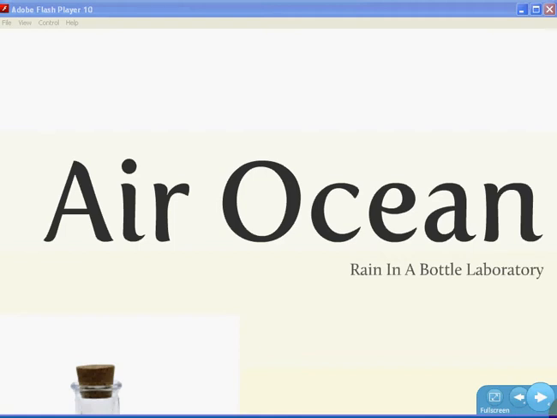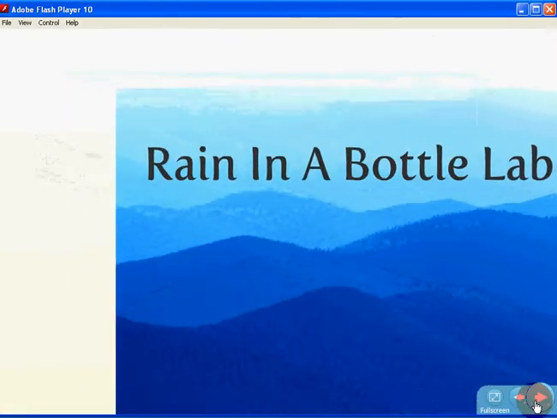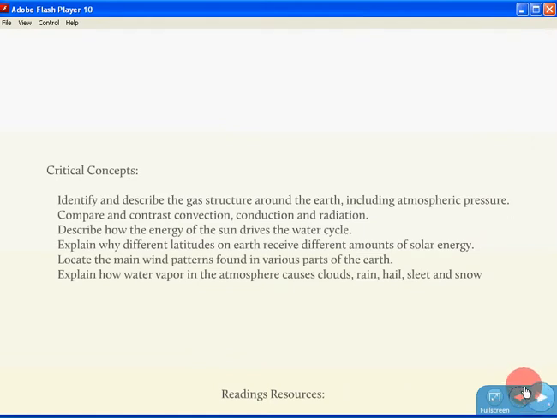Air-Ocean was the unit on meteorology, and our very first lab was called Rain in a Bottle. Rain in a bottle, as it might sound, is about how the water cycle works. So the first thing we did was take a look at the critical concepts, noting that we'd already talked about